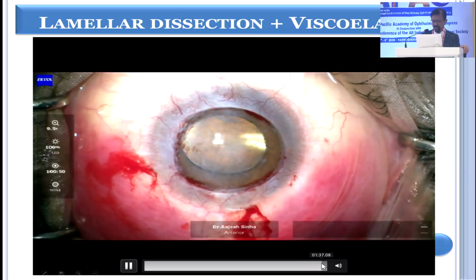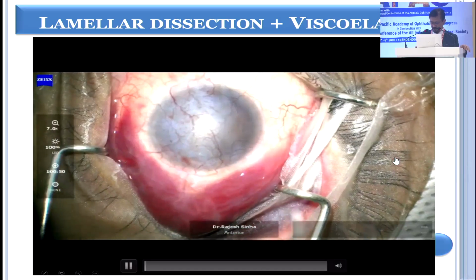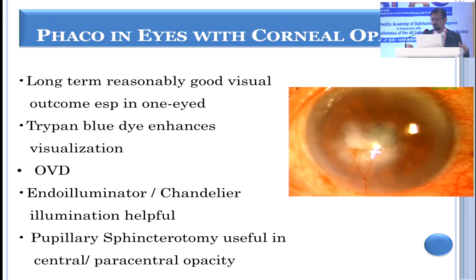So the basic aim of performing all these procedures is to perform surgery with good visualization. The aim of this presentation was to discuss the methods to enhance visualization in the presence of corneal opacity: using trypan blue dye for a longer period so that while chopping you don't accidentally chop the rhexis margin, use of viscodispersive OVD on the surface, use of endo-illuminator or chandelier illumination,